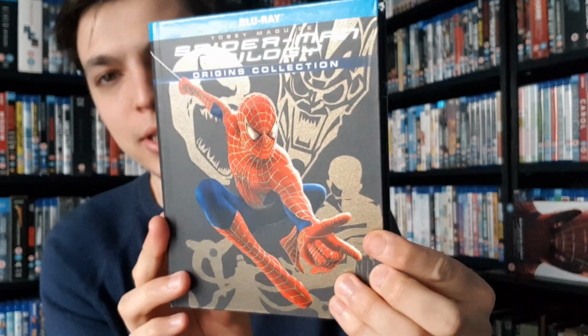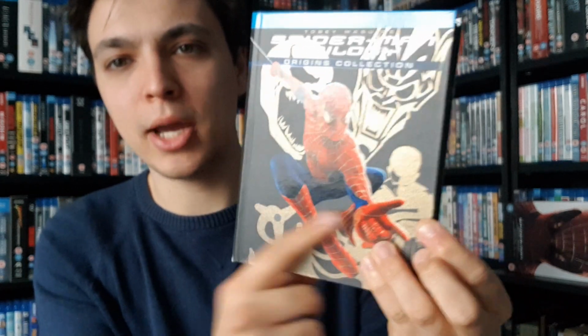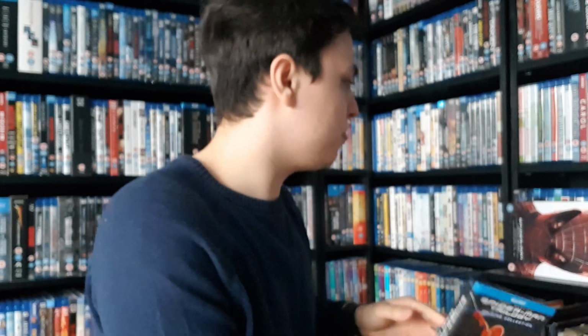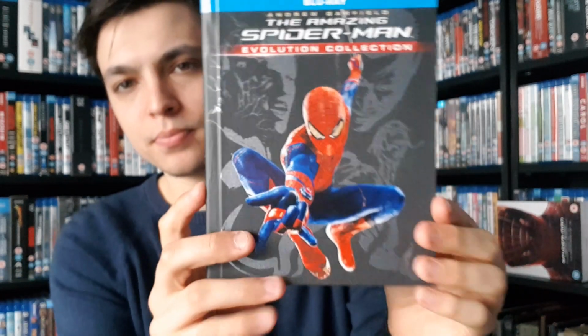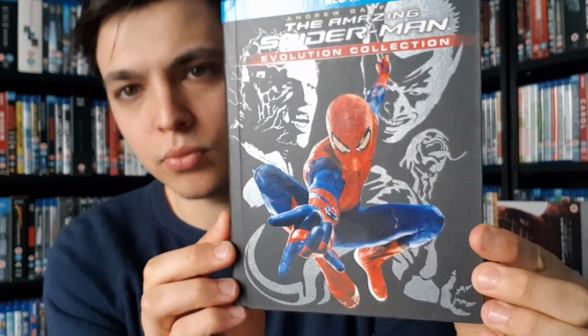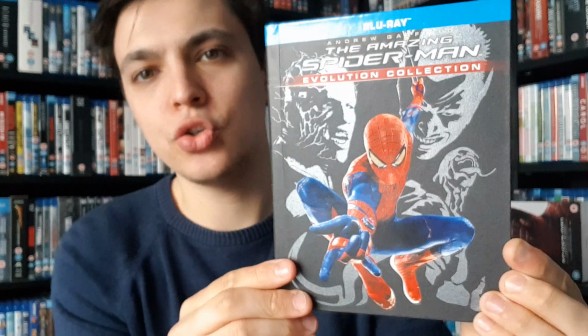This is amazing. The Amazing Spider-Man 2 has a nice cover as well. But this one works so well. You can see Green Goblin, Venom, Sandman and Doc Ock. It's just beautiful. Absolutely looks beautiful. Slide that one back in. And here is the Amazing Spider-Man, which is also a really nice looking cover. We can see Lizard, Green Goblin, and Electro. And then the back,